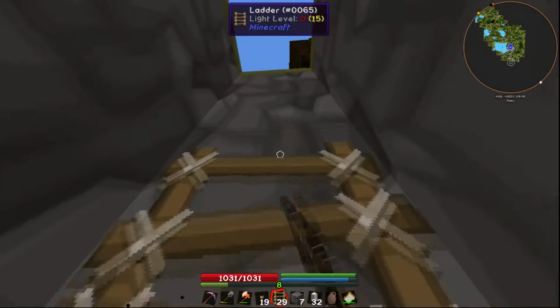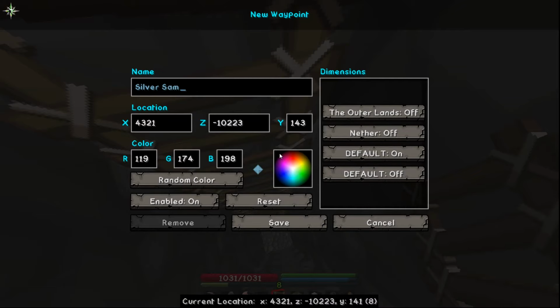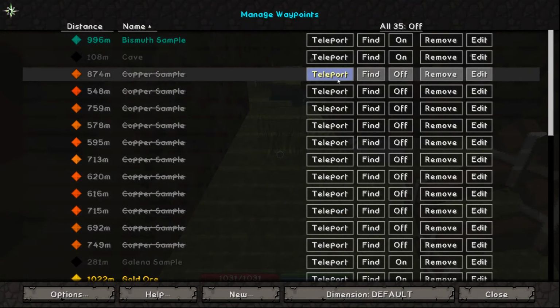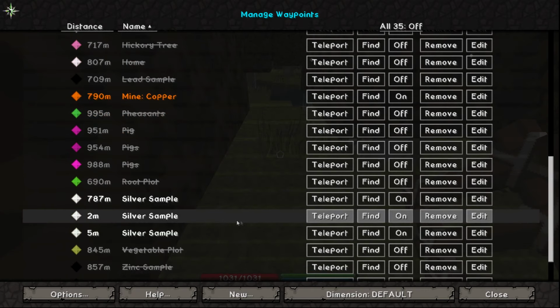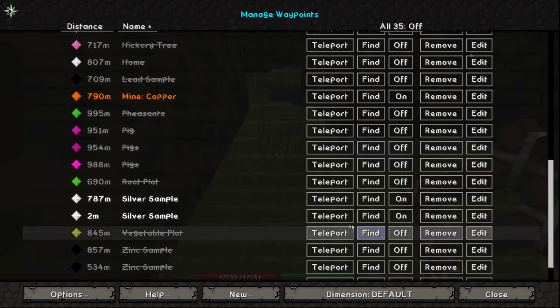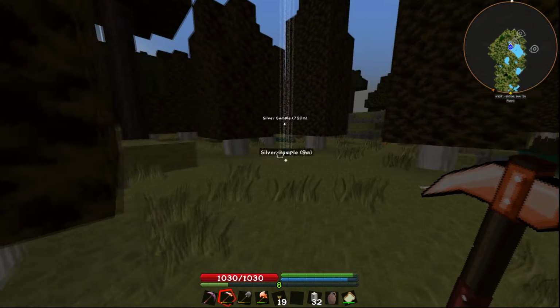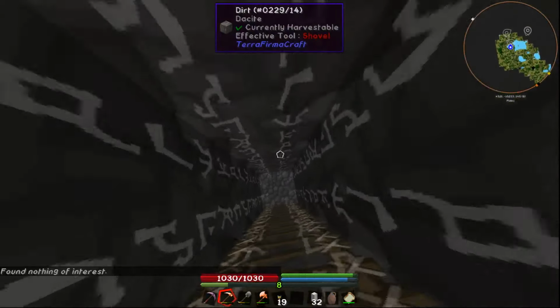Alright everybody, looks like I forgot my prospector's pick, so we are going to go back to the base. I'll see you guys in a minute. Alright everybody, I got our pickaxe. So we're going to go ahead and go down, and then we will start...